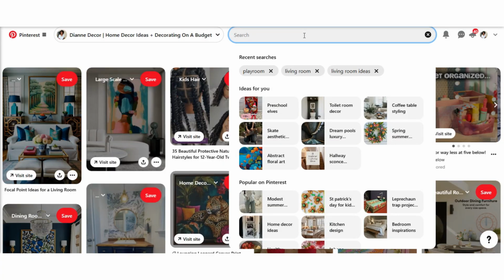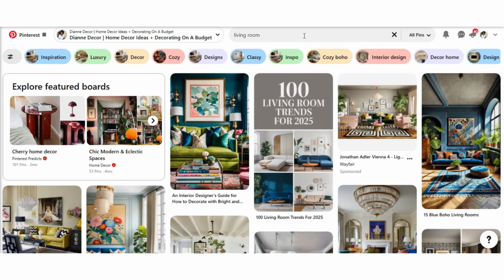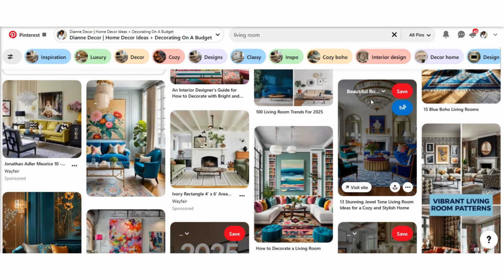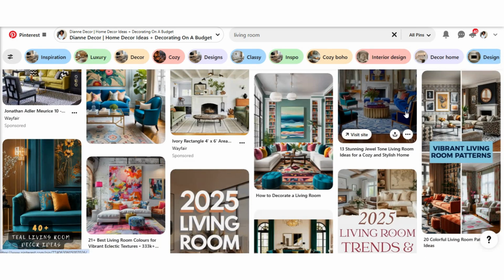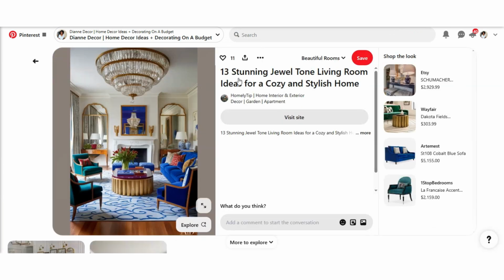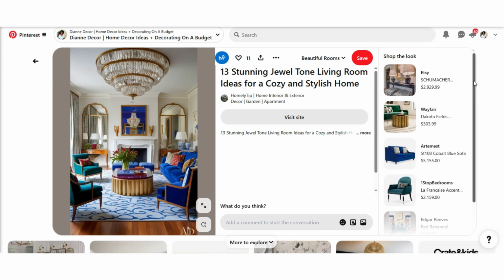So let's move on to the items that you can use on the desktop, which is the Pinterest Lens and the Google Lens. If you're on a desktop or a laptop and you go to Pinterest, you can use the Pinterest Lens, again, automatically. You don't really have to do anything to use the Pinterest Lens. It's automatically going to start populating shopping results for you when you click on a pin. On the right-hand side, you're going to see Shop the Look, and that's where your shopping results are going to